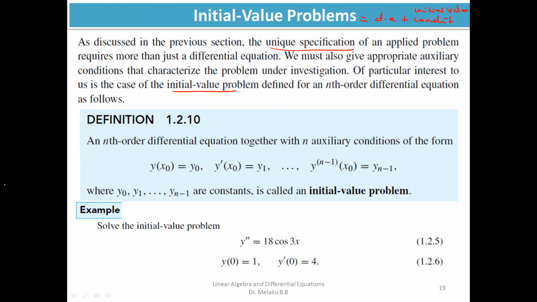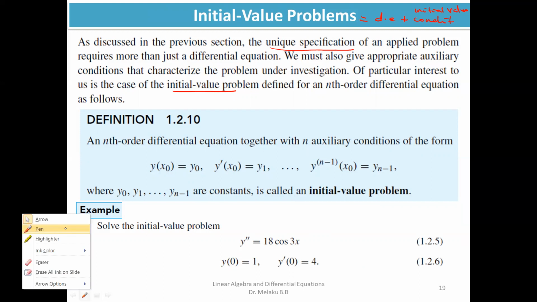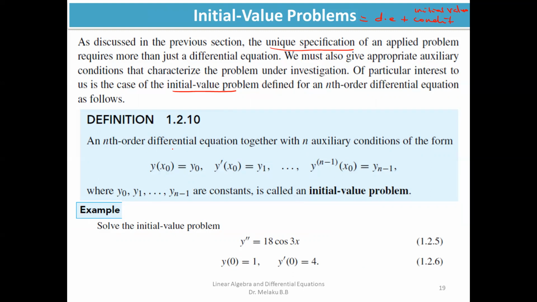So an initial value problem is a differential equation along with certain initial conditions. The definition says: an nth order differential equation together with n auxiliary conditions. You see, we have the differential equation and we have auxiliary conditions. The conditions are y at x naught is y naught, y prime at x naught is y1, y double prime at x naught is y2, and so on, and the (n minus 1)th derivative of y at x naught is yn minus 1, where y naught, y1 through yn minus 1 are constants. This is called an initial value